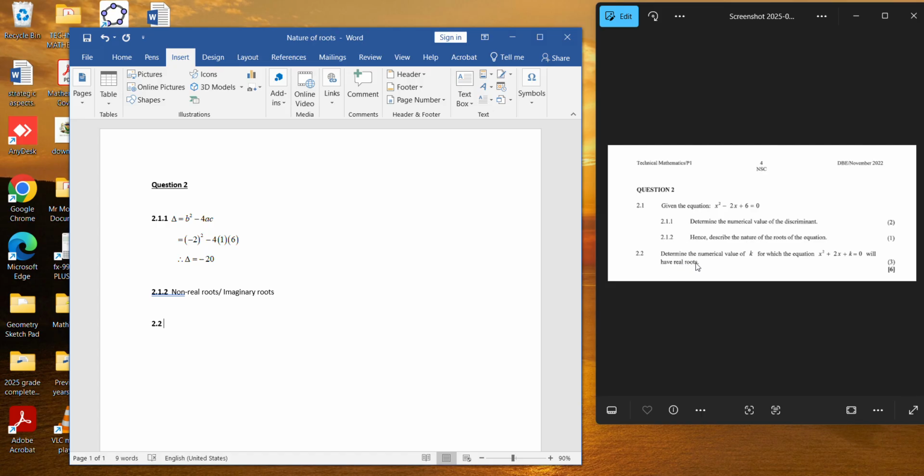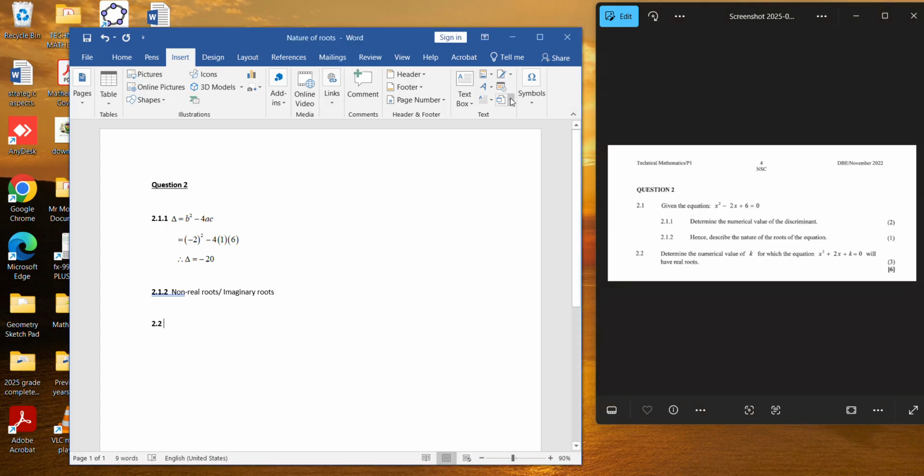Remember, the word real roots is the condition for the nature of roots. Then we are going to use this condition of real roots to help us to find the numerical value of k. Then we need to ask ourselves a relevant question: for us to have real roots, what needs to happen to delta? By now your teachers across different provinces should have given you all those descriptors, all those conditions for the nature of roots, so that you know if the examiner says real roots, what needs to happen